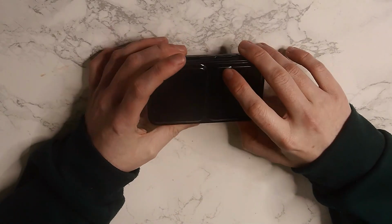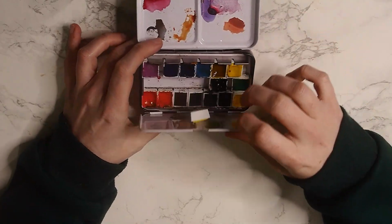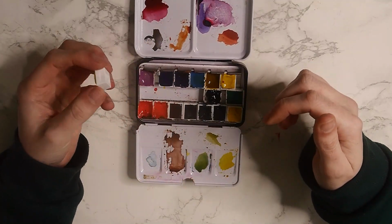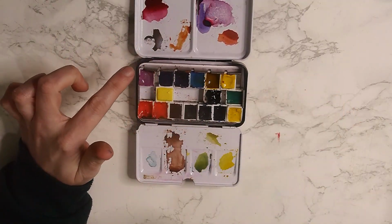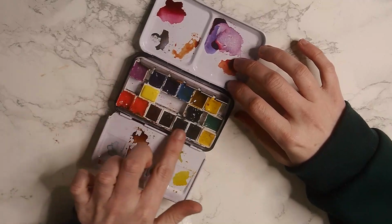Where are we going to go next? Let's go behind me, because we've got lots behind me. We've got this small palette here. Oh, it's stuck. There must be some paint. Yep, some paint. Whoops. And I think these are my Van Gogh watercolours. Yeah, these are my Van Gogh paints. I don't use them, and some of these come from a tube, some of them are actual half pans, and they're all Van Gogh. And there's a couple of